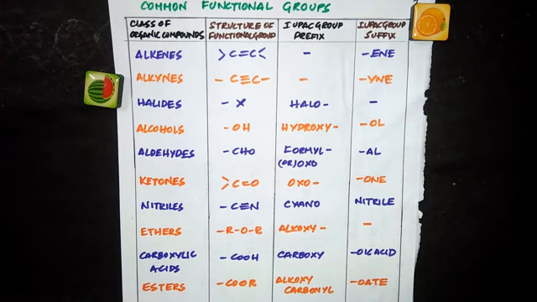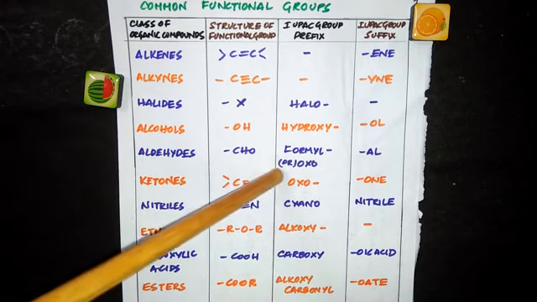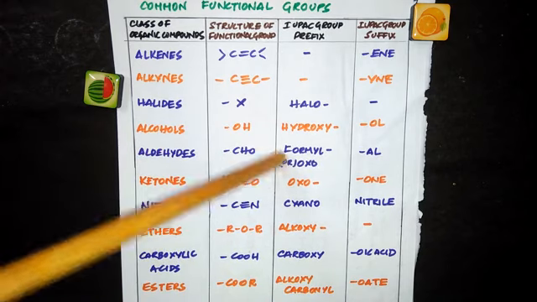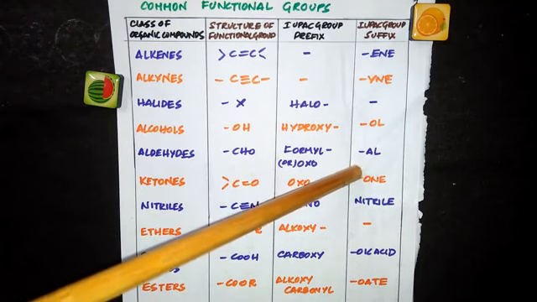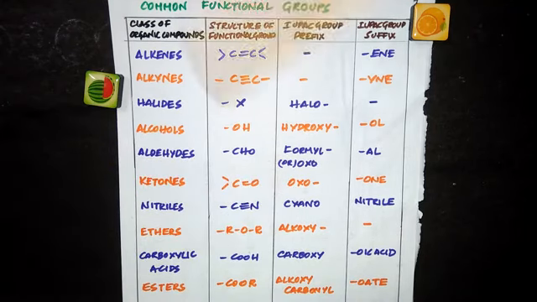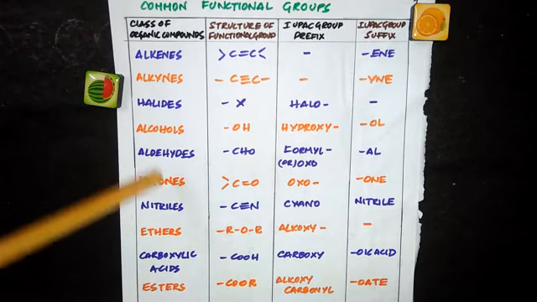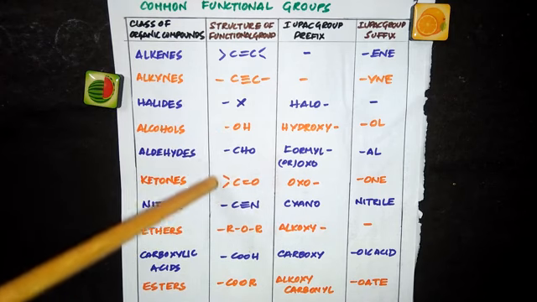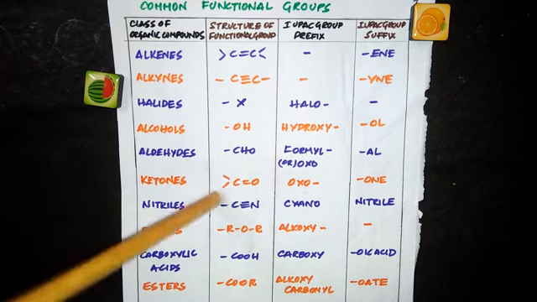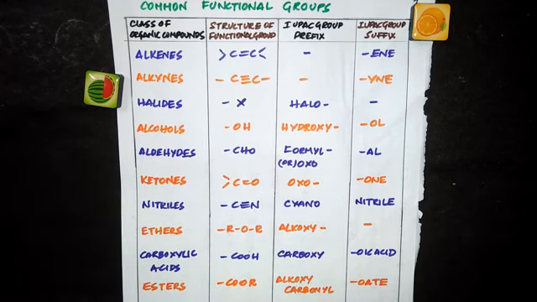Next, aldehydes. Aldehyde is CHO. This side can be any alkyl part. The IUPAC prefix is formyl or oxo, and the suffix is -al. Like I said, ethanol, if it is a CHO group instead of hydrogen, then we call that ethanal. Now comes ketones, C double bond O, or we can just say CO. We put two bonds here, so two alkyl groups can be attached here, CH3, CH3, or C2H5, C2H5, or C2H5, CH3. Any two alkyl groups can be attached here, and the prefix IUPAC name is oxo, and the suffix is -one. So we will end the name with -one.